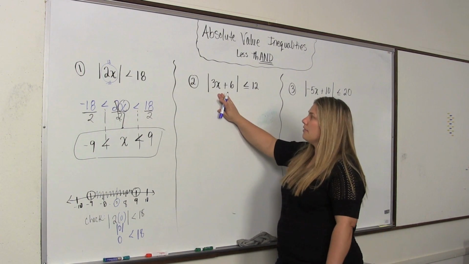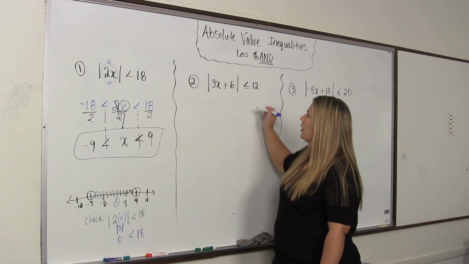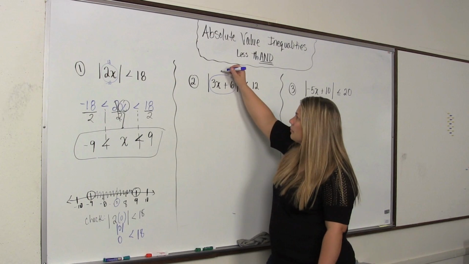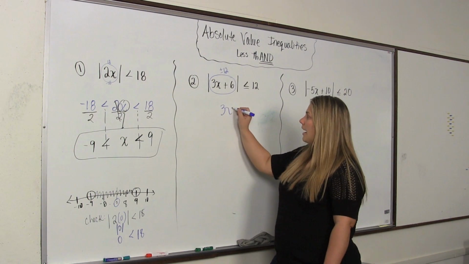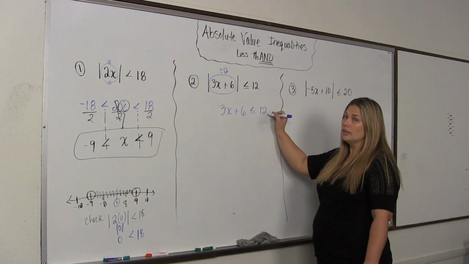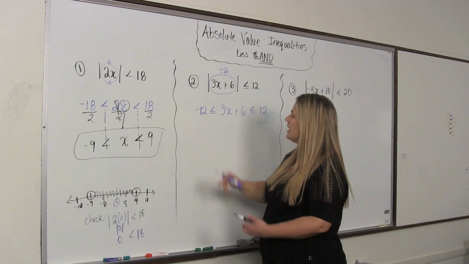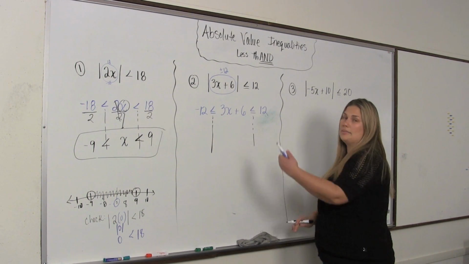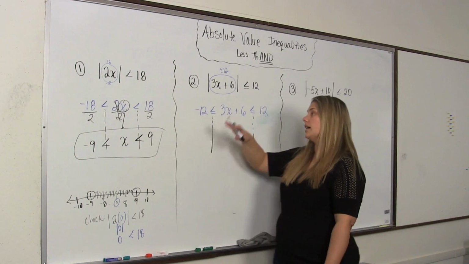The absolute value of 3x plus 6 is less than or equal to 12. Remember, that means everything inside these absolute value bars can be a positive or a negative 12. So I have 3x plus 6 is less than or equal to 12. And on the other side, I'm going to go ahead and put the negative 12. Well, this is the same exact concept as we did before, but now instead of just a one-step, we're moving on to a